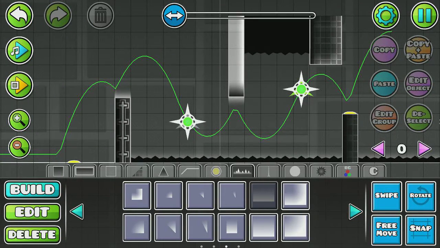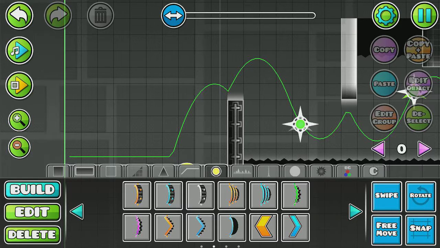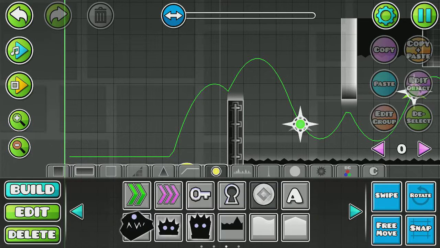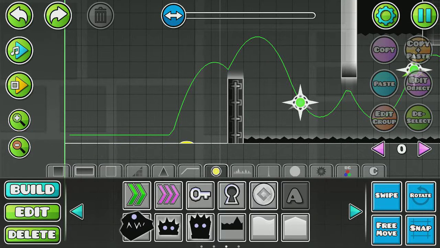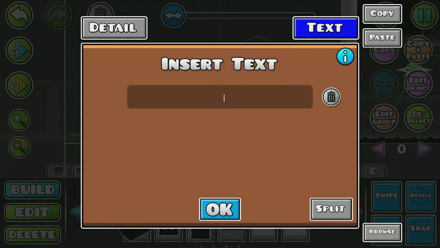Also, I forgot to mention that if you go to this section right here, if you don't already know this already, you have all these portals and things to go along with the gameplay. But you may notice that there are coins right here, so you can put them in your level. You can hide them or just put them for free. But this text right here is pretty easy to know, but it's good when you know how to use it. So after you go and edit object and then change the text, just type in whatever. Or you can type in this, and then